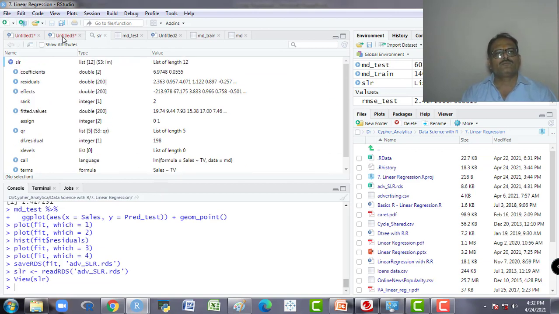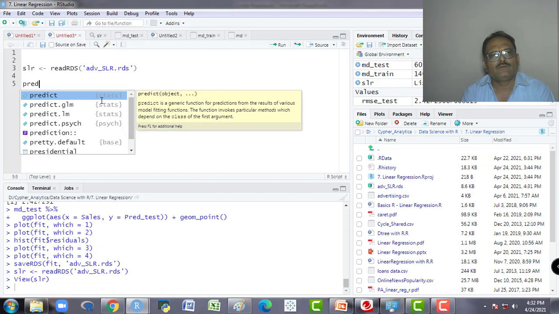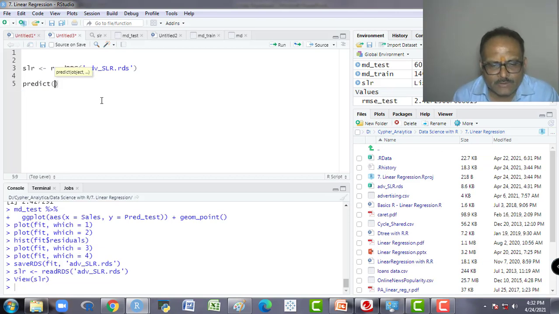I will just show you. I want to predict something through this SLR model. We will just write this, and I could use any data set.